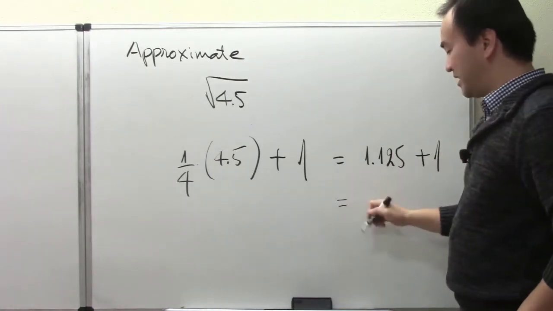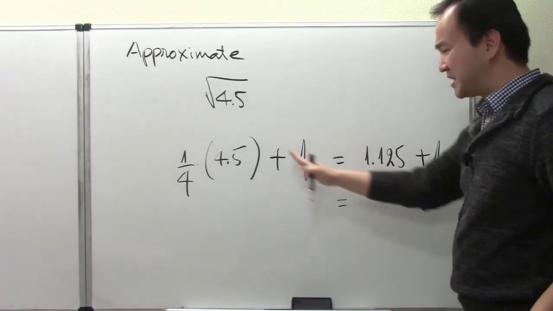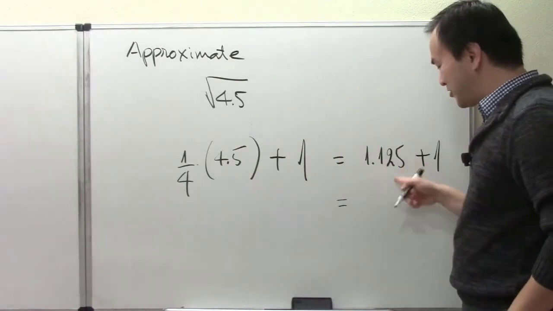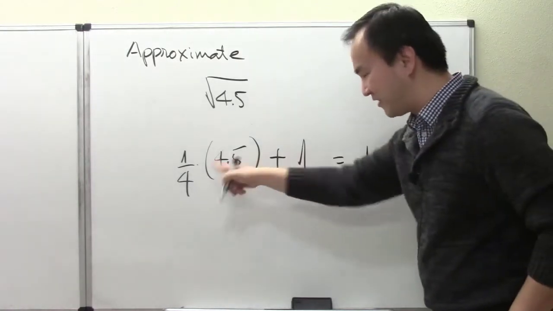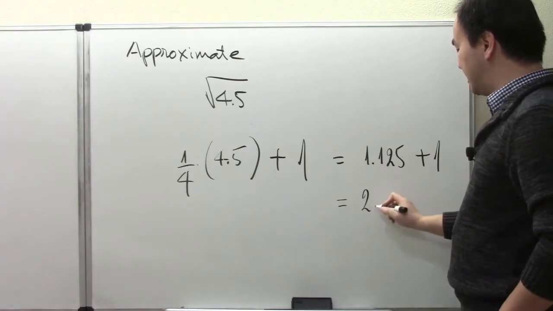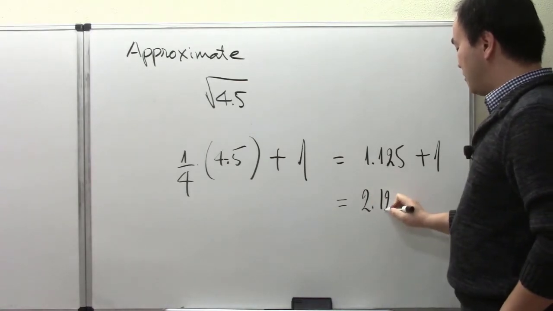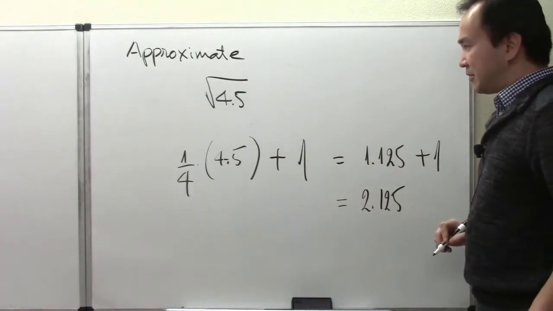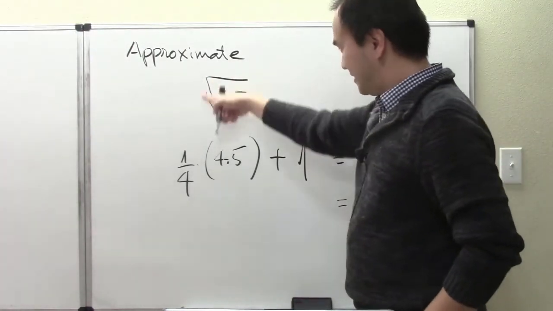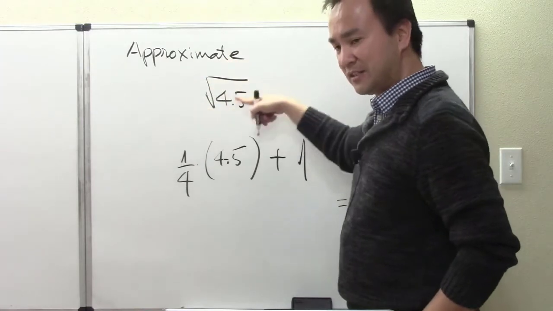And so that gives me, and here I'm showing the little step-by-steps in our approximation, so it still takes me some time, but your mind should be fast enough for 4.5 divided by 4. You can even do mental math with this. And add 1, so your answer here is 2.125. Okay? So ladies and gentlemen, now I announce to you that the actual answer of this square root of